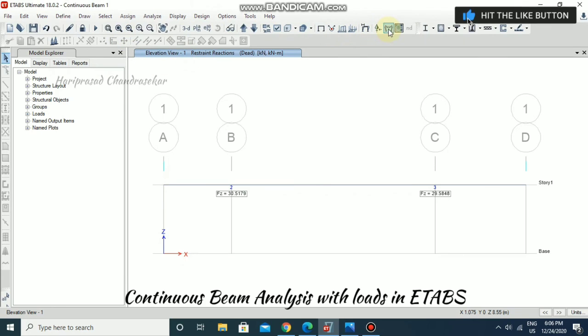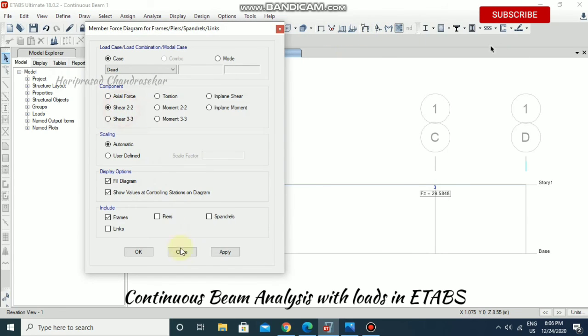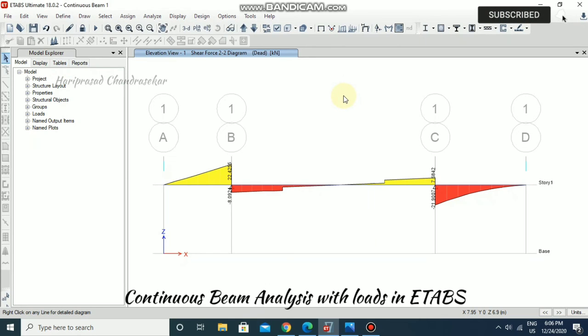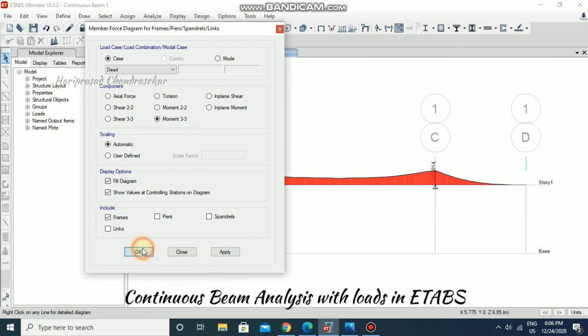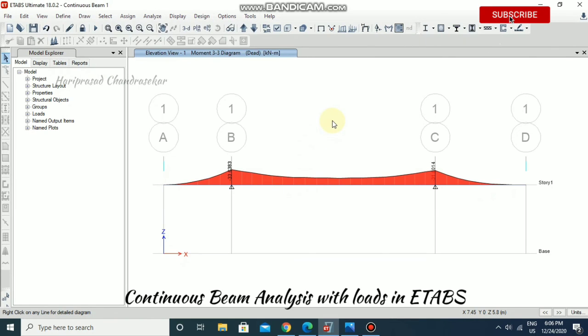Now you can go for shear force. So this is for the shear force and bending moment. Like this you can analyze simple structures and also complex structures in this software.